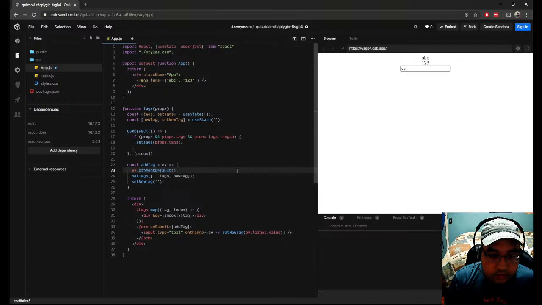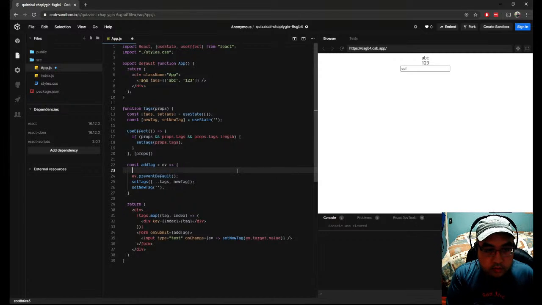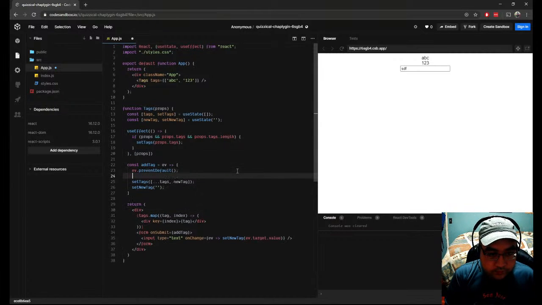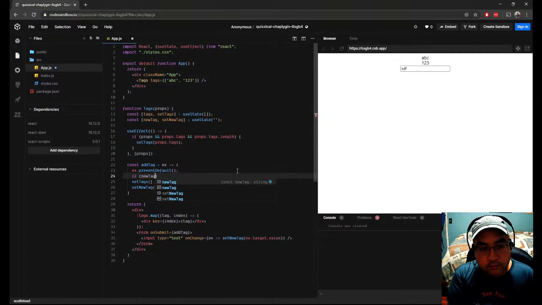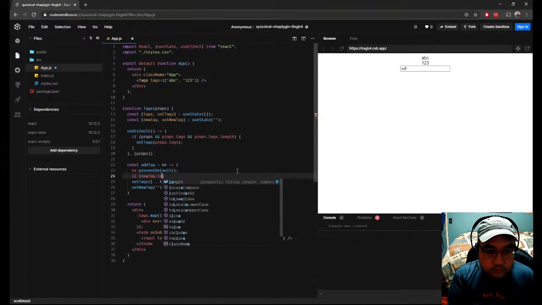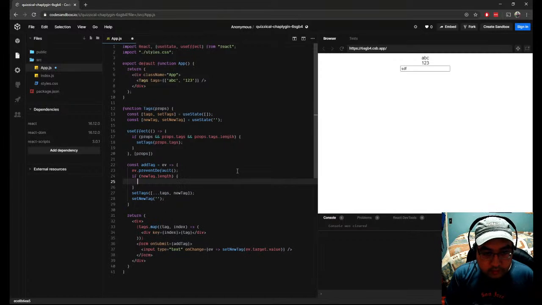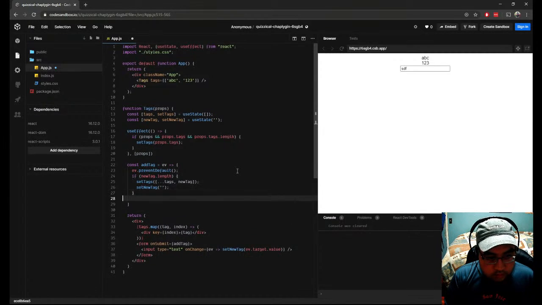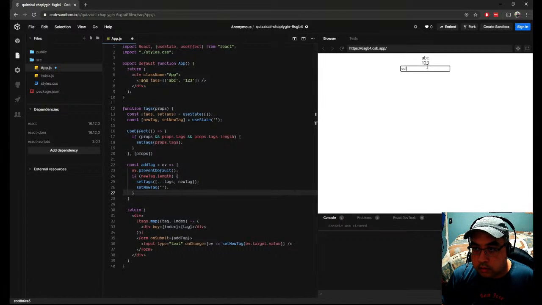And we should also check for the tag, the new tag length. That way, we can't just press enter and have it enter blank tags. So